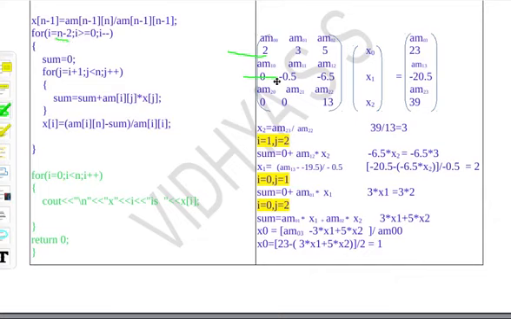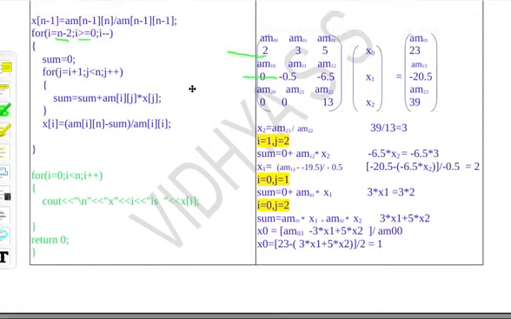I will start from this row, that is n minus 2, and I have to run the iteration till the first row. First row indexing is 0, that is, the 0th row I need to continue the iteration. That's why the i value is greater than or equal to 0, and then i minus.